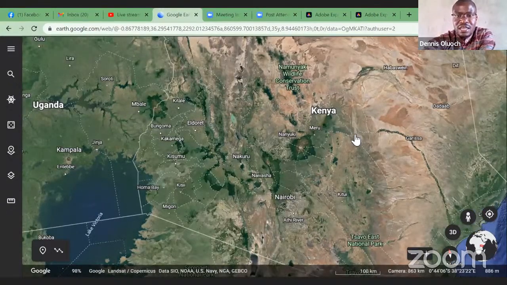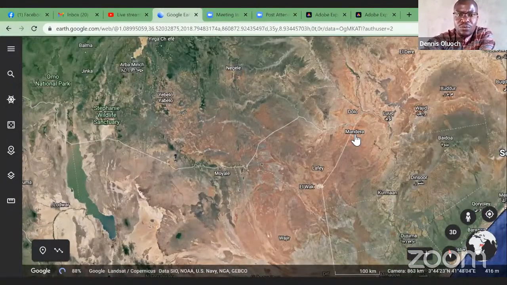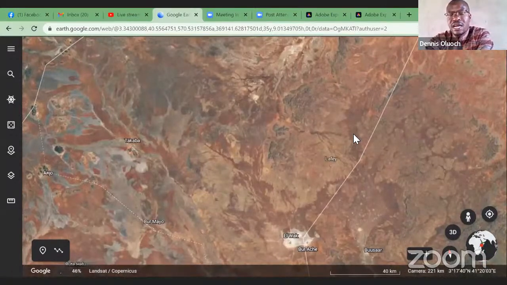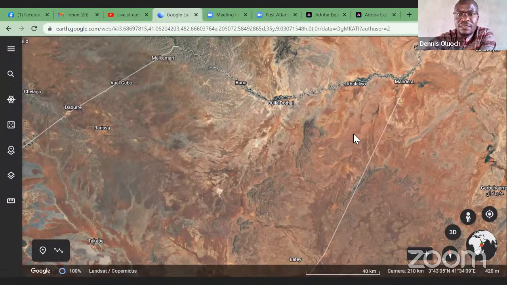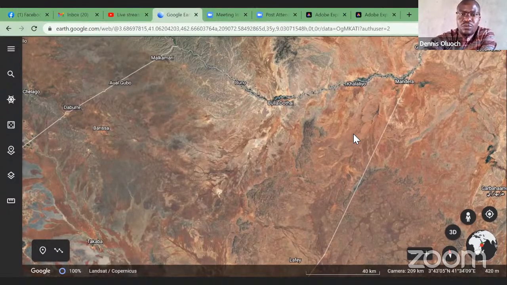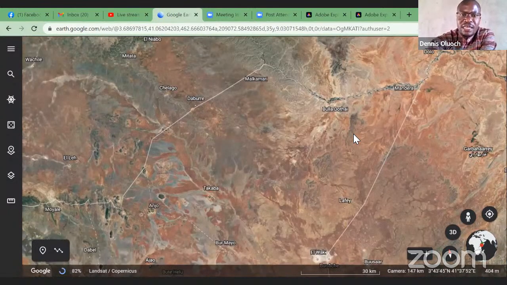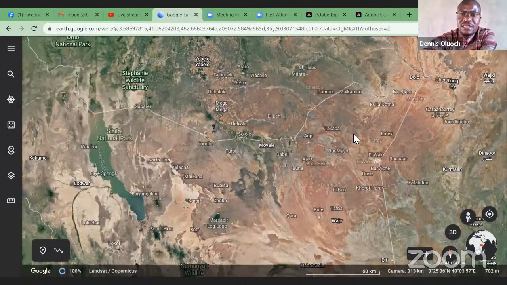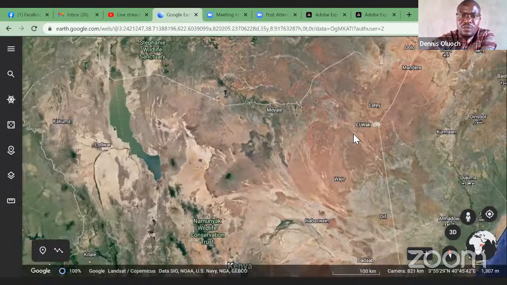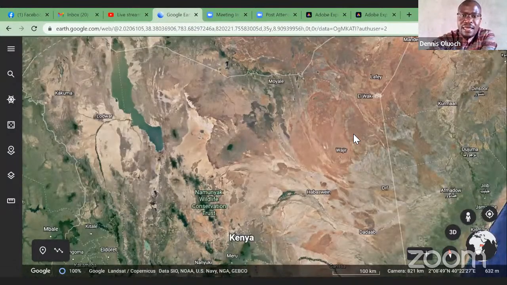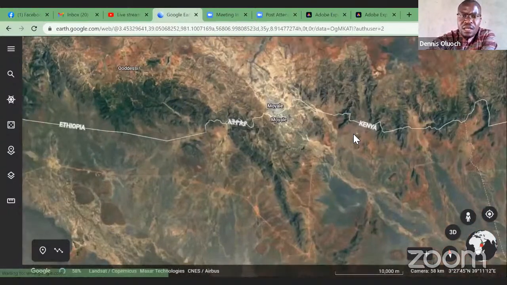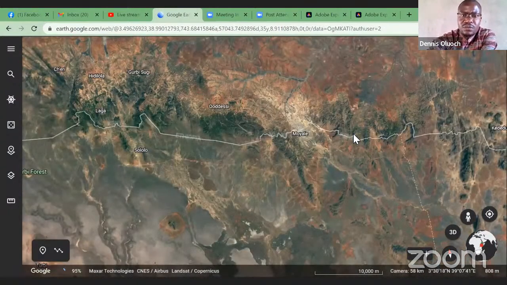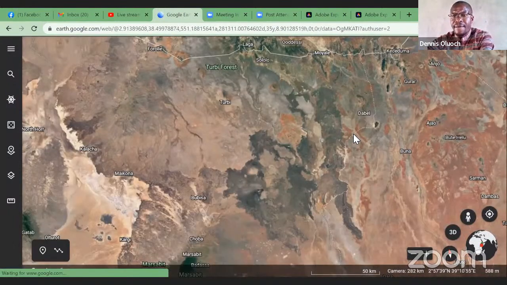You'll find opportunities there. You see Mandera, though it is a whole lot of dry area, you can supply food items there. You can travel to Moyale. Let us see Moyale. Moyale is a border town, and when you are in Moyale, you realize that you are just next to the Ethiopian border.